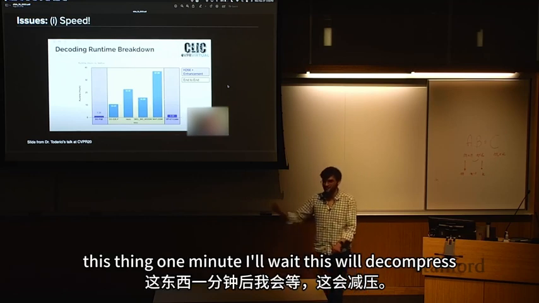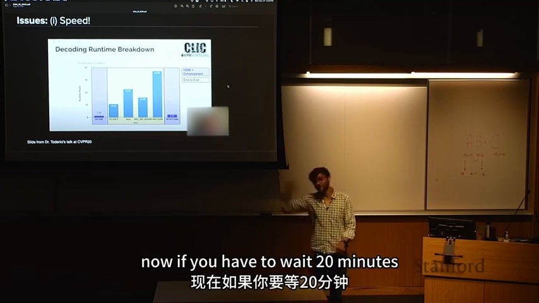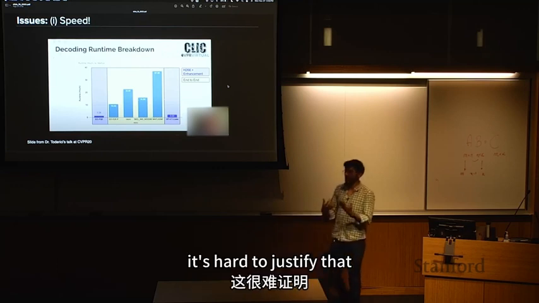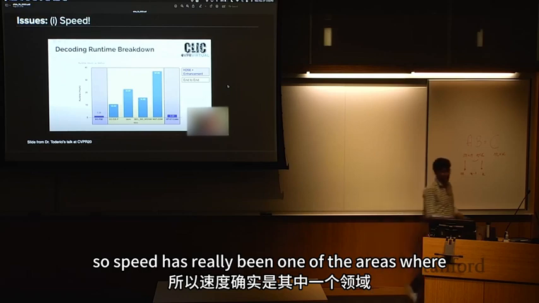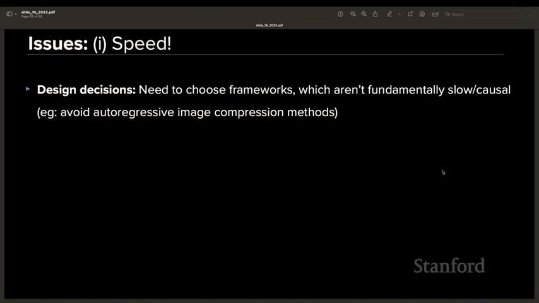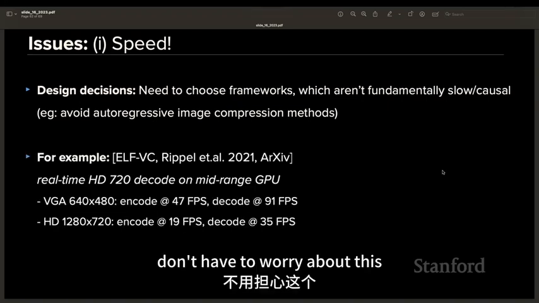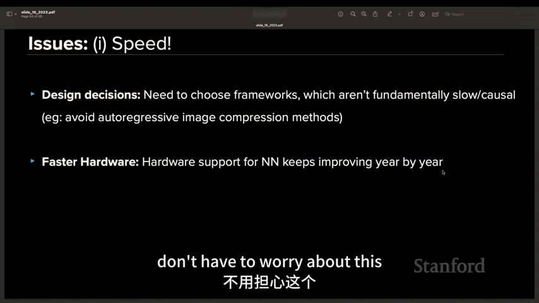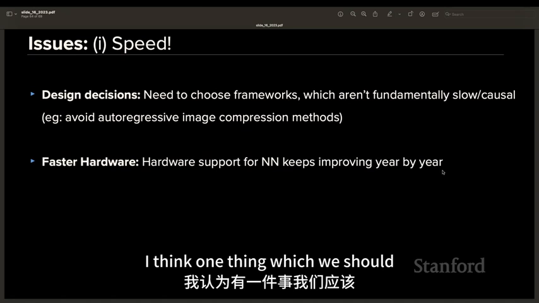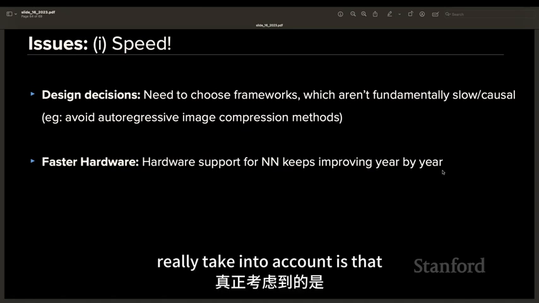This will decompress. Instead of that, now if you have to wait 20 minutes, will you use that technology? It's hard to justify that. So speed has really been one of the areas where a lot of work goes in. Don't have to worry about this. But even though this is a blocker, I think one thing which we should really take into account is that